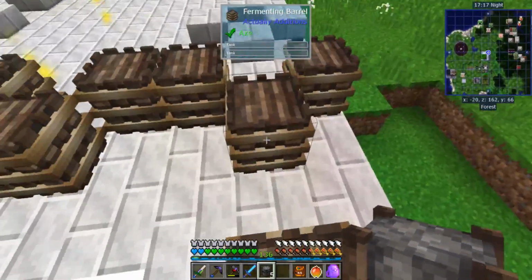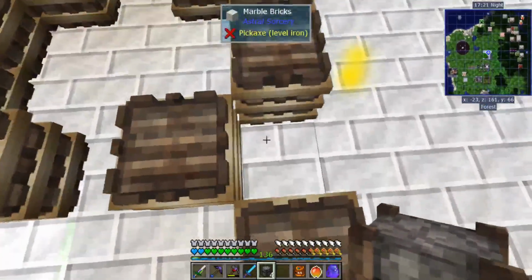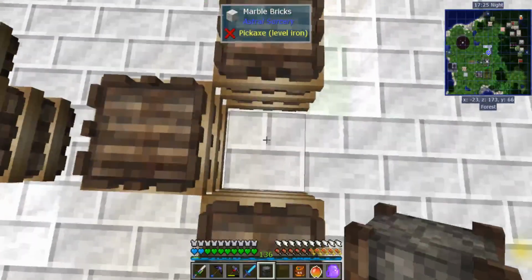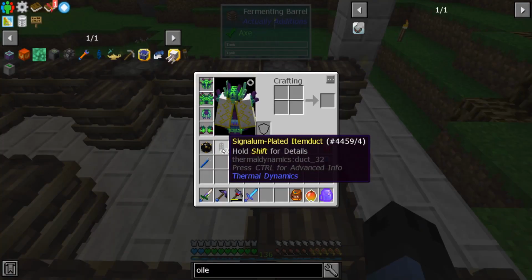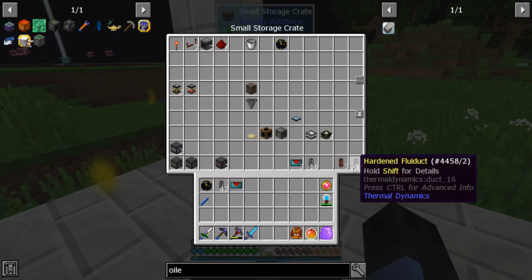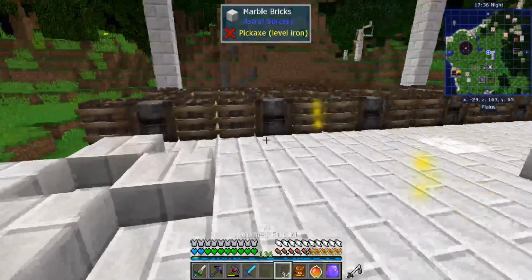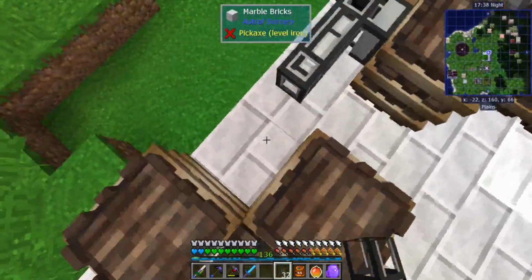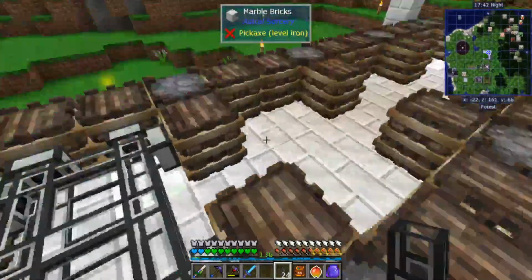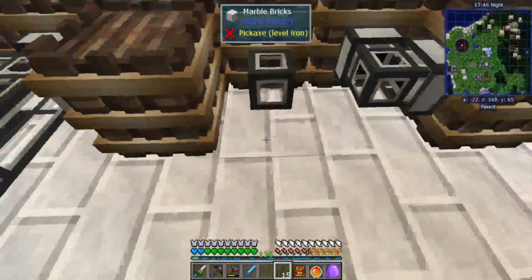Alright. Now with that, the canola presses just go in the little gaps. Because both the canola press and the fermenting barrel will automatically export their fluids, so you don't have to pipe them out. Oh, I need my fluid ducts. All but 3. Pretty sure it's all but 3. Well, let's find out. Here and...